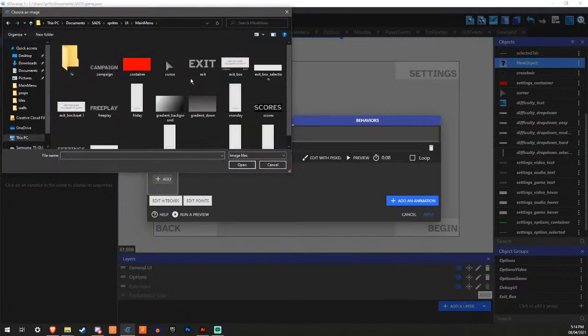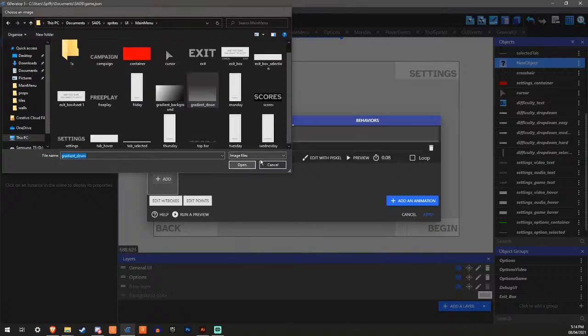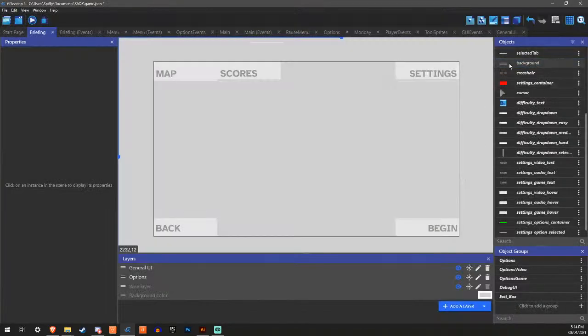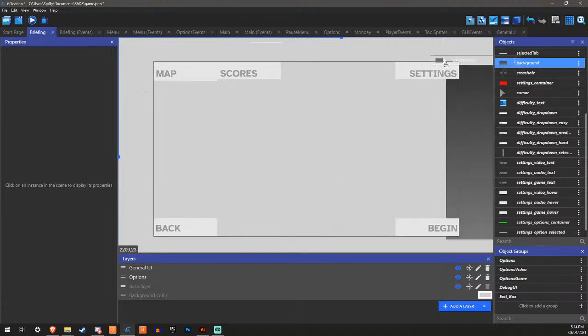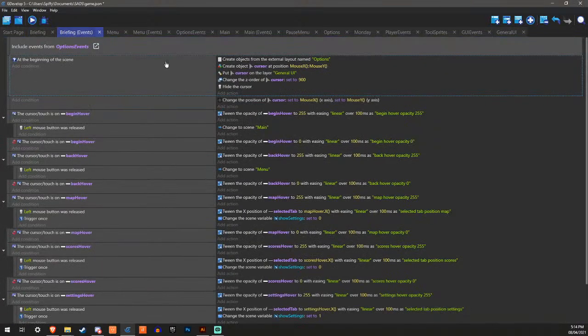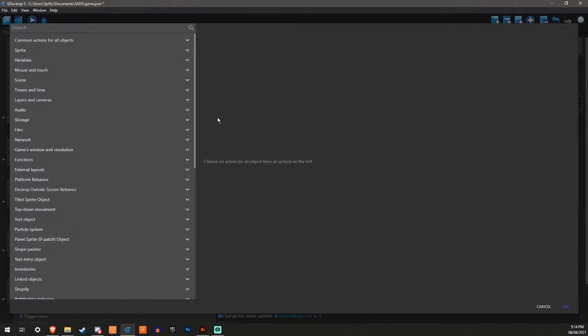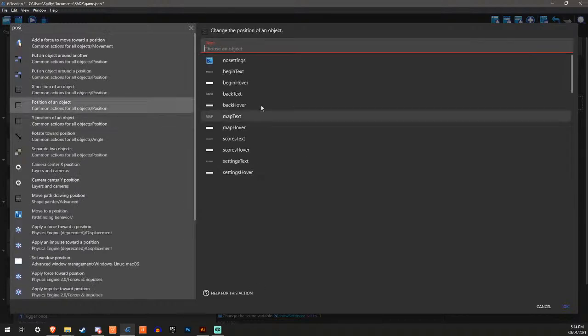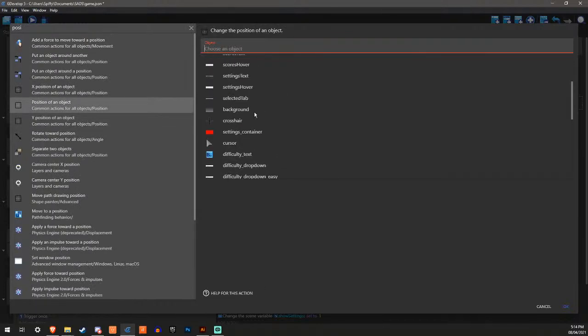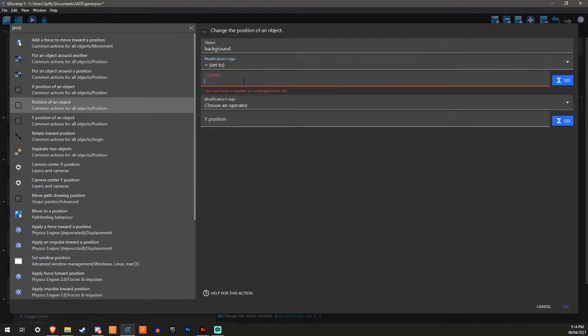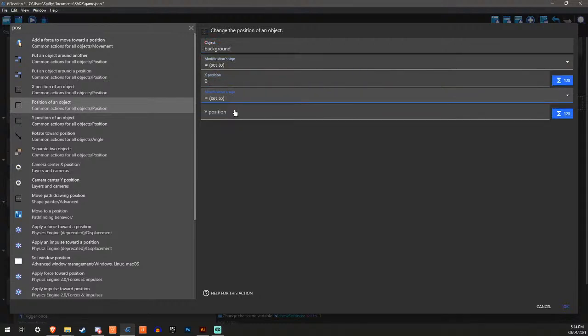It's the main menu. Yeah, it's gradient down. Cool. That's fine, I can just put it over here because we'll change the position of it to 0 on the X and 0 on the Y.